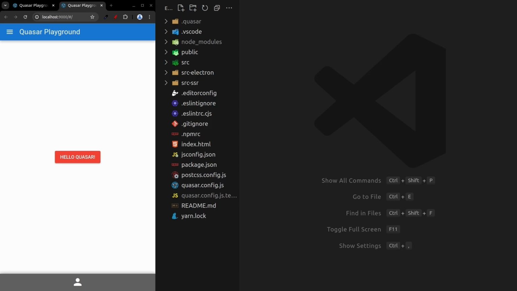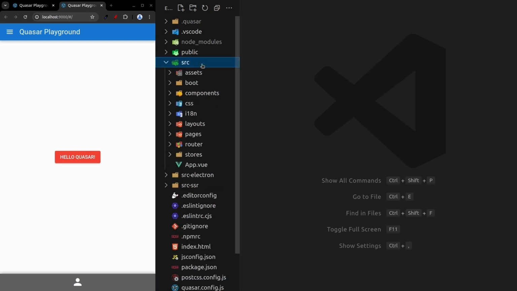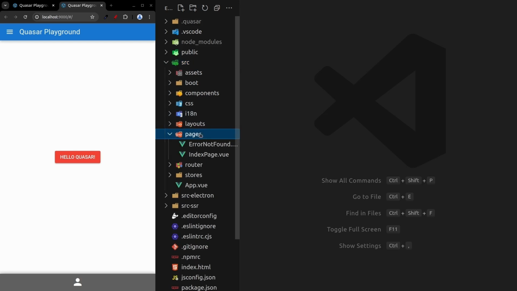Let's add a page to our app and set up routes so we can visit that page. I'll also show you some fancy pants code splitting Quasar gives us by default. We'll start by jumping into Source, Pages, and let's create a new file in there called